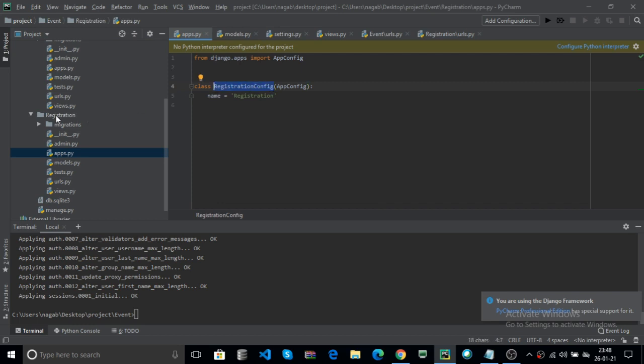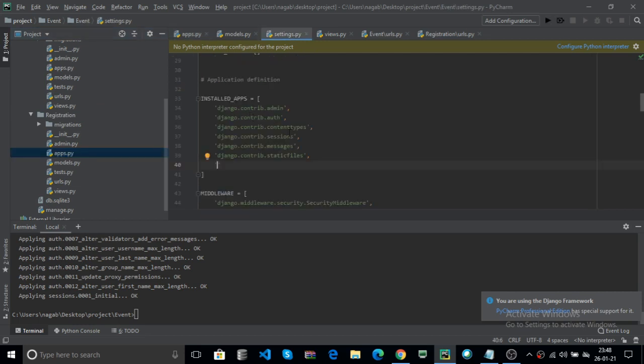That means in that registration package, the apps module contains the registration config. Now specify the path: registration dot apps dot registration config, and finally use the comma, Control S.